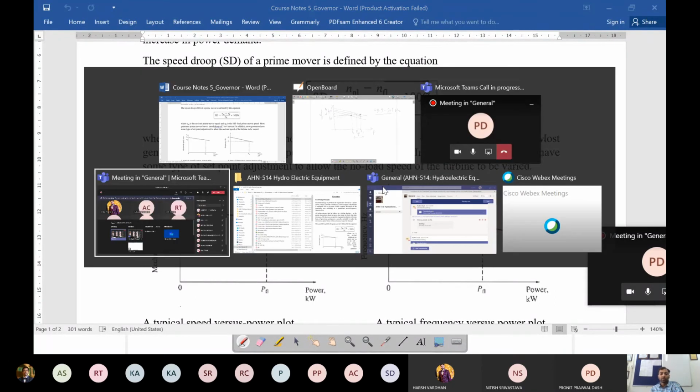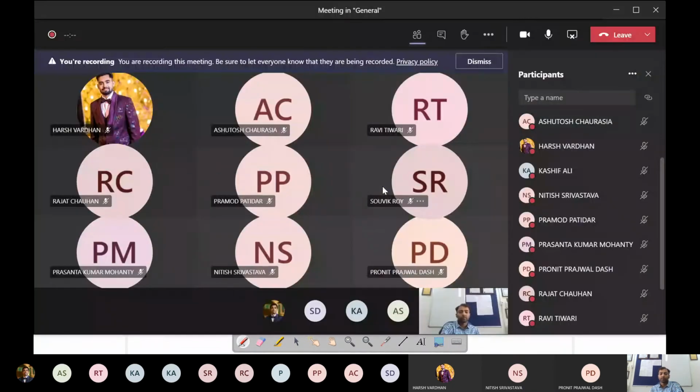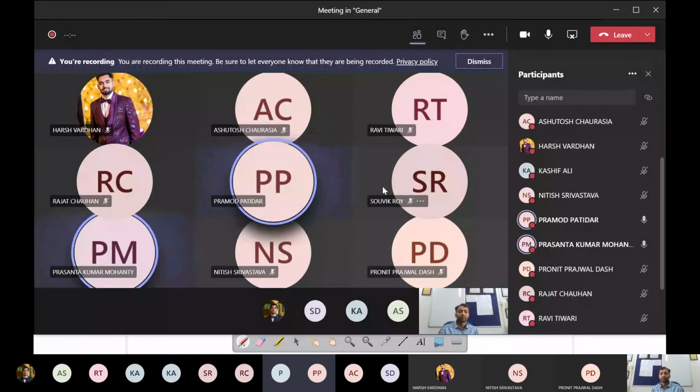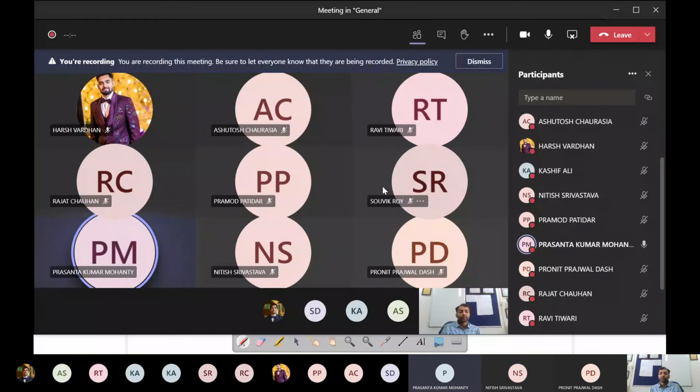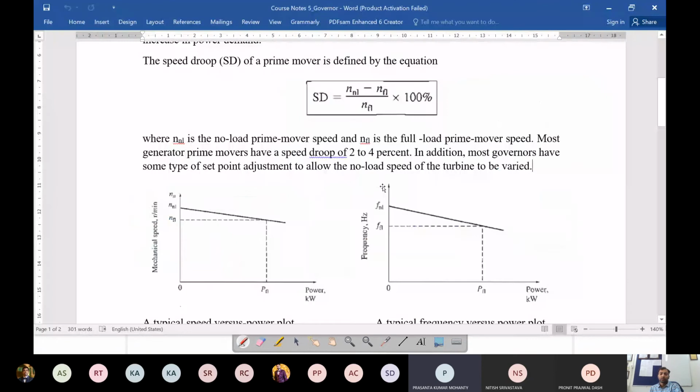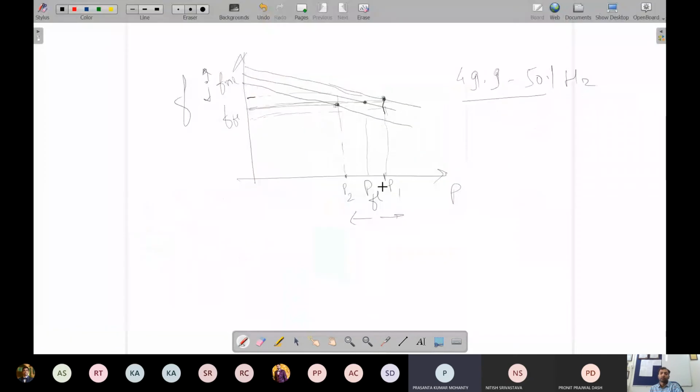Any questions? Sir, this is Prashant. Yes, Prashant, please go ahead. Sir, how to shift that curve upward or downward? That is by increasing the...